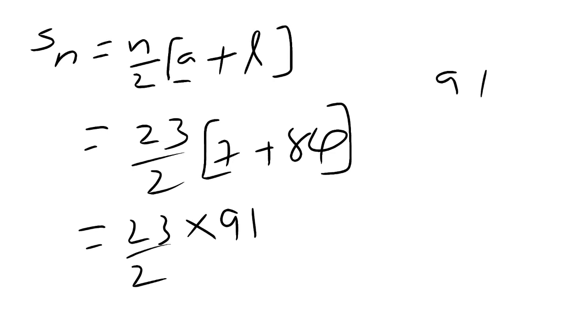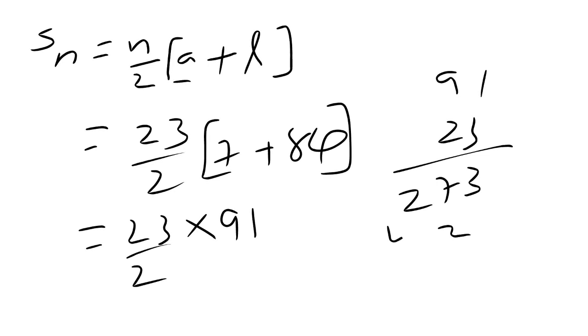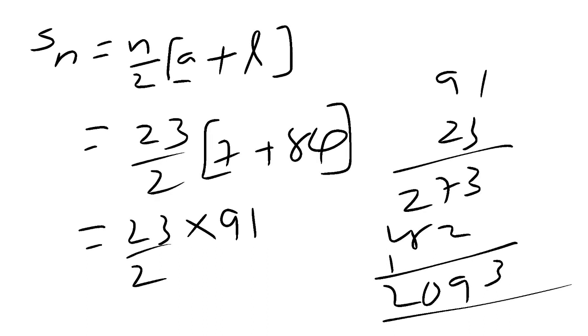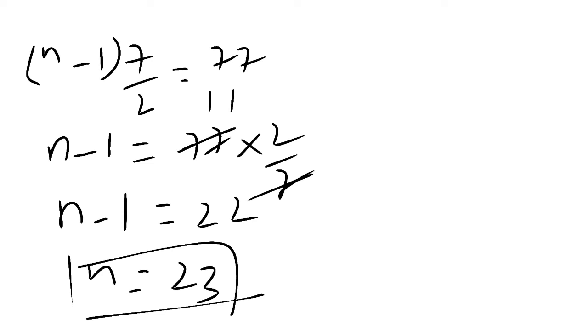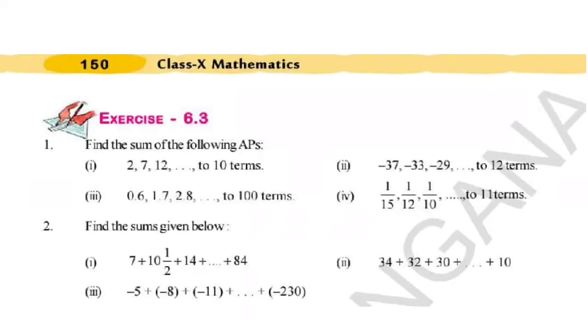So 91 into 23. 3 ones are 3, 3 nines are 27, 2 ones are 2, 9 twos are 18. So 3, 9, 10, 1 carry. So 2093. 2093 divided by 2 is the sum of the given terms